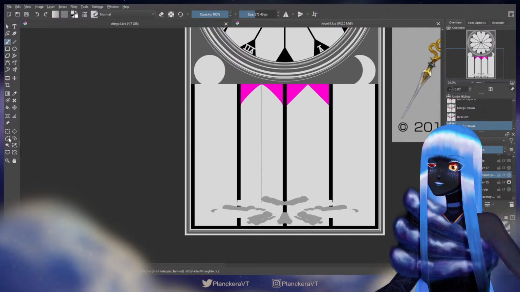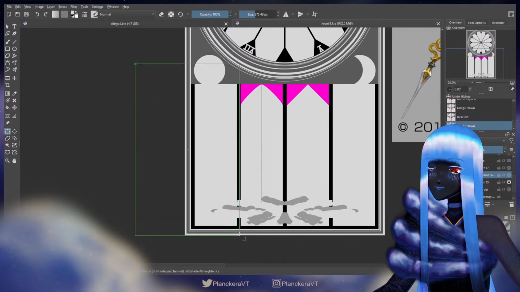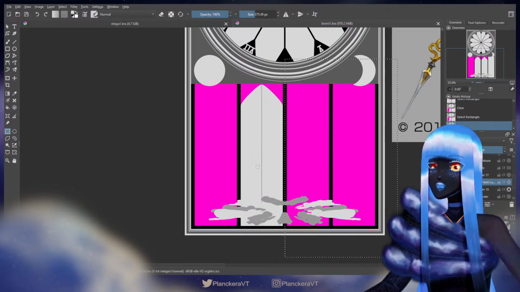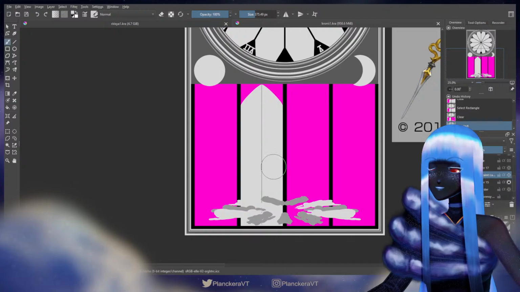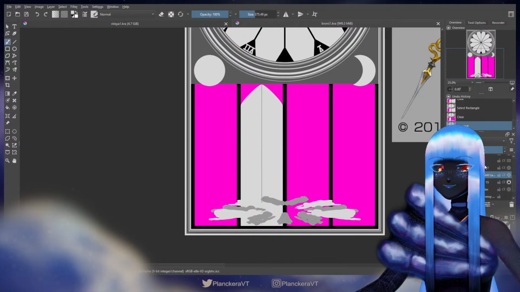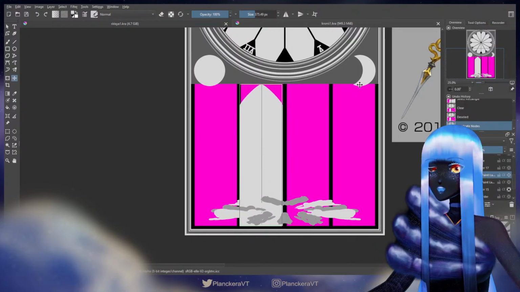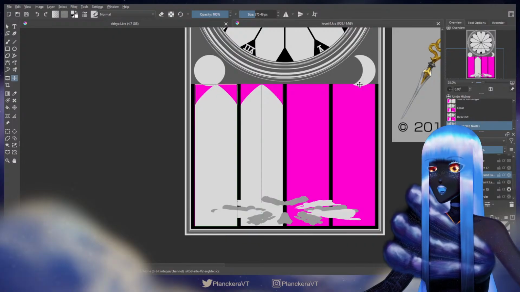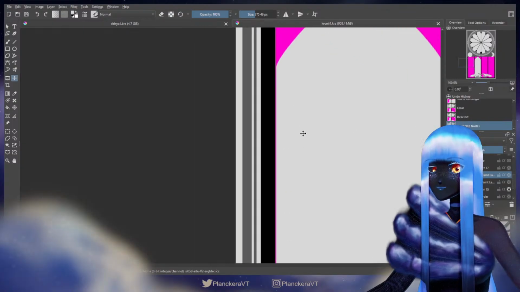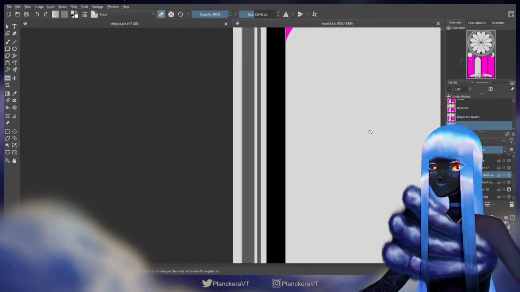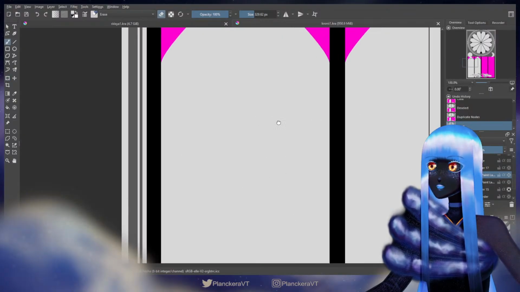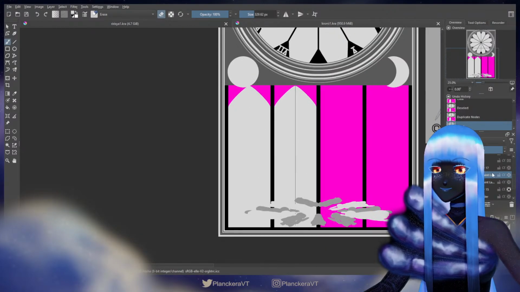So, from here, what I think I'm going to do is I'm just going to kill this one. And actually, I think I'm going to kill all these. This is the only one that's right now. Duplicate and move it over until there is no pink showing. Well, I guess there's going to be the pink at the top until I fix that. But that's fine. Okay, did I get it? Looks like it.